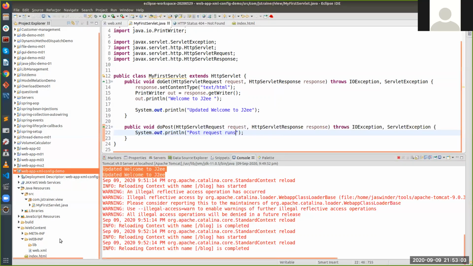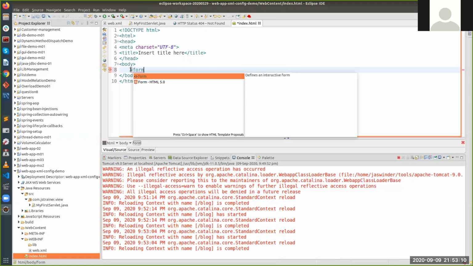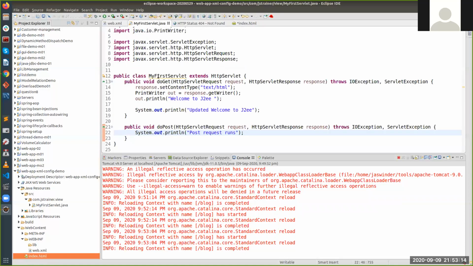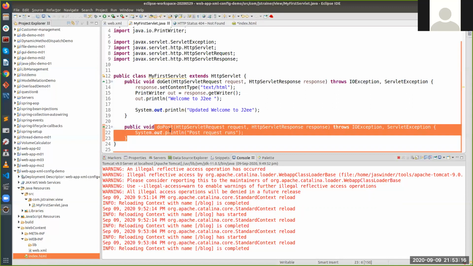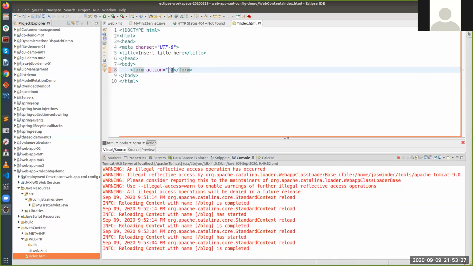To call this, I need a web page which can have a form, right? Like in HTML, you make a form and then you write some action. So here I am going to call this post method. Remember, if you're calling this post method, your endpoint would again be welcome.view only. Whether you call get or post, it would be welcome.view. So here we go back and write welcome.view.